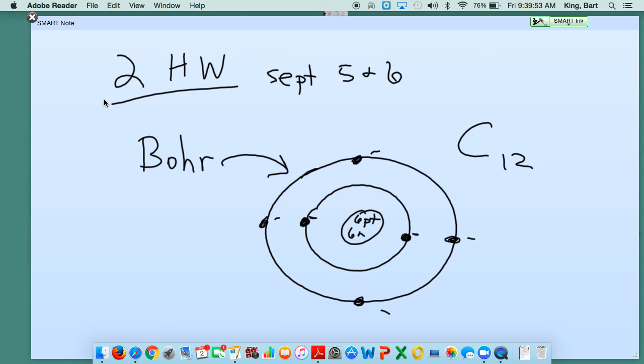You can refer to these notes when you get ready to do your homework about how to draw Bohr. Now some of them get more complicated. After the first energy level, they can hold up to 8. All right, and then they max out and you go past that. All right. So let's